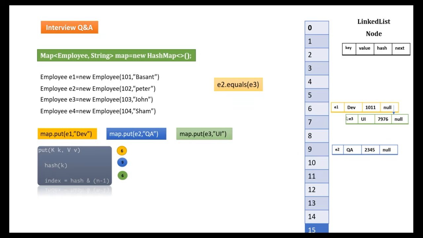I don't have space, so I added it down. So don't consider this as placed in the 7 bucket. Okay, so if in the same bucket there are multiple nodes, then this condition is called hashing collision.